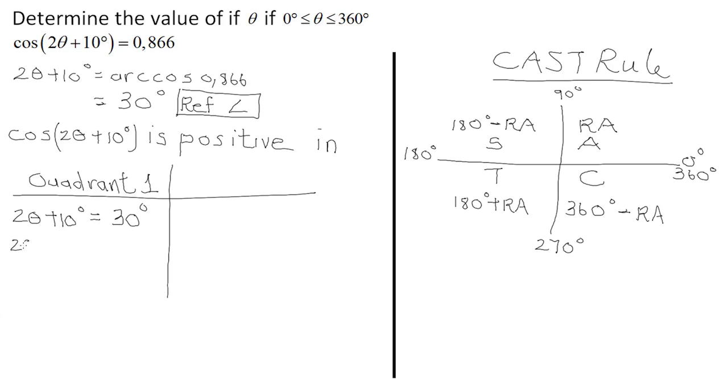So 2 theta is equal to 30 minus 10. And that is equal to 20 degrees. So theta, now you need to remove the coefficient, is 20 divided by 2. And that is equal to, we can say this is theta number 1, 10 degrees. But cos is also positive according to your CAST rule in quadrant number 4. So you're going to say quadrant